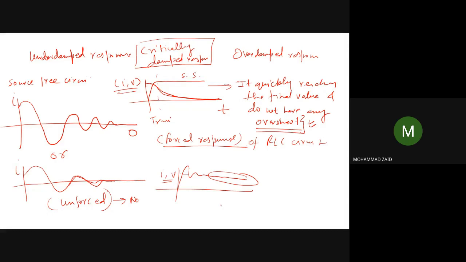We will see in the next class, we will define another constant that is very, very important. We will see what the damping constant is. We have seen the damping constant, but we will define it with another definition. And we will see how you can define a constant that is known as zeta.